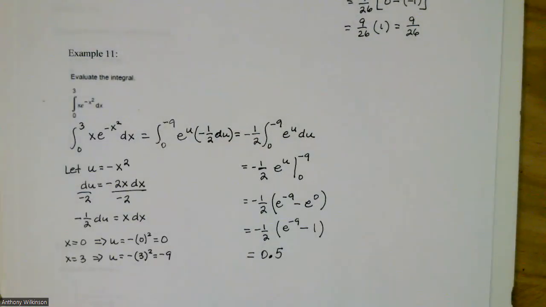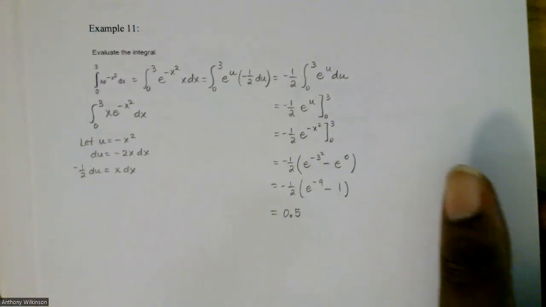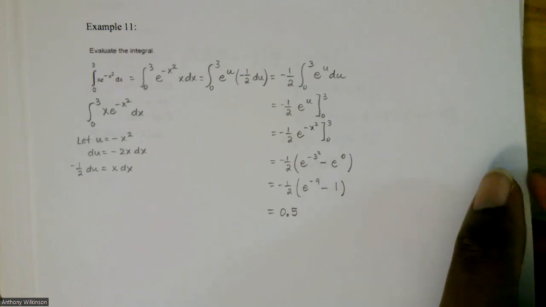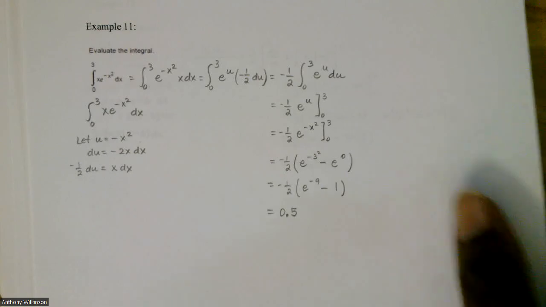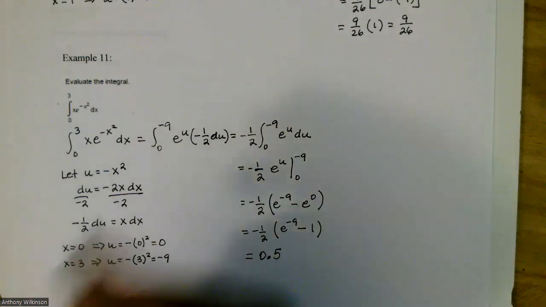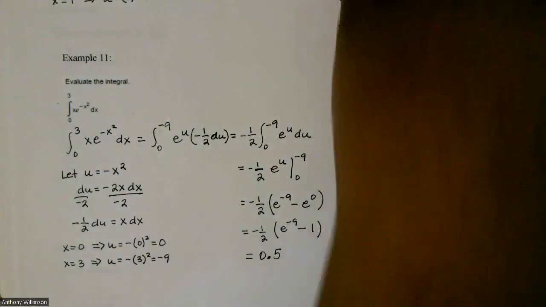Okay. Now here I changed my limits for u, because these are the limits for u. In the notes that I have here, I did it for x. I just kept my limits the same. So either way, you can keep your x limits the same or change them to limits that would be in terms of u. Okay, on the next page,